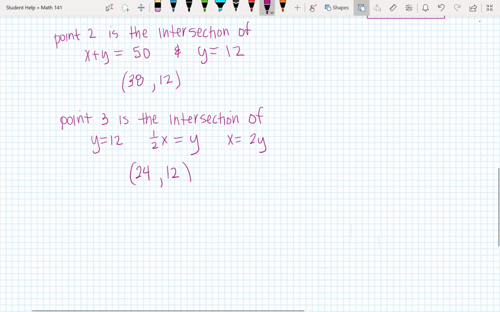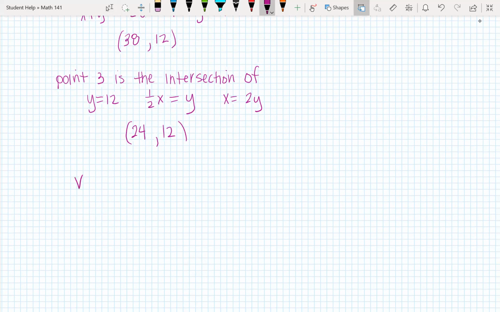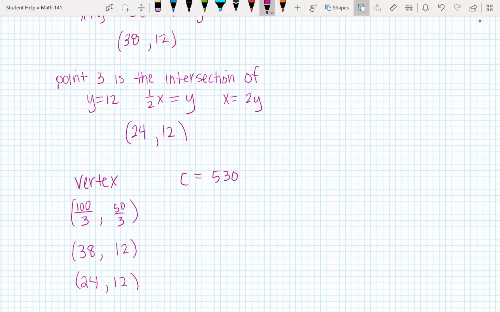All right, so now that we've got our 3 points, we can plug them into our cost function. We had 100 over 3, 50 over 3. We have 38, 12, and we have 24, 12. And our cost function was 53,000x, that was the teacher's salary, and then 23,600y, that was the teacher aide salary. So plugging all these into the calculator,